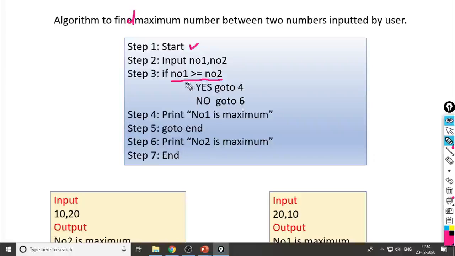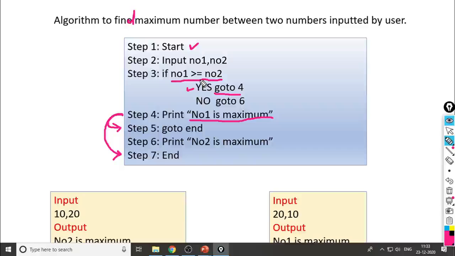So if this condition remains true, it returns yes, then go to 4. So it will take your control to step number 4 and it prints NO1 is maximum. So once we find NO1 is maximum, the next consecutive statement is go to end. So it will take your control to the end of algorithm.